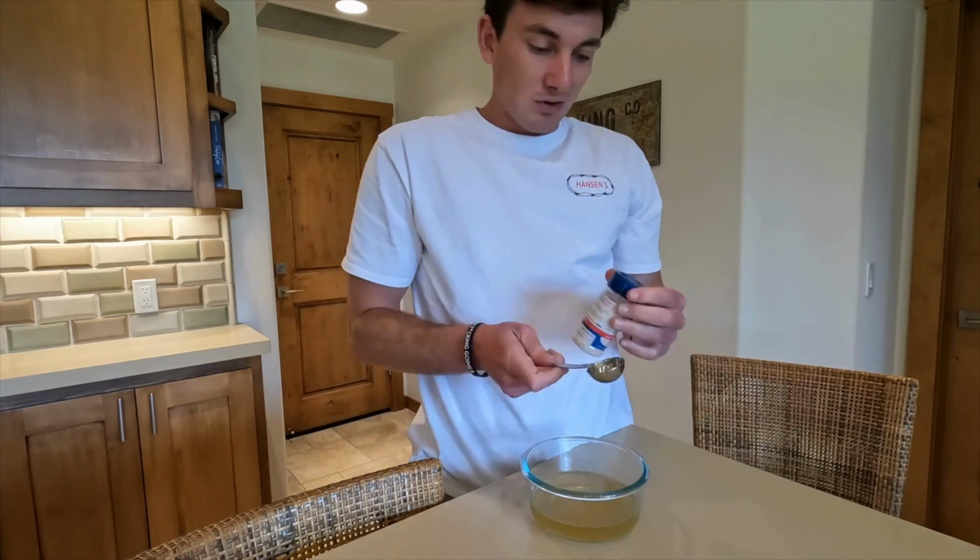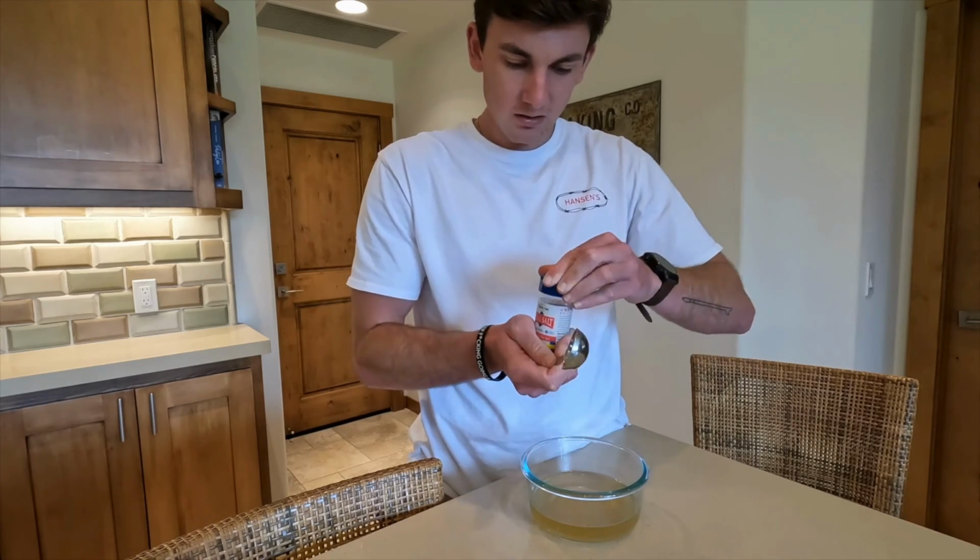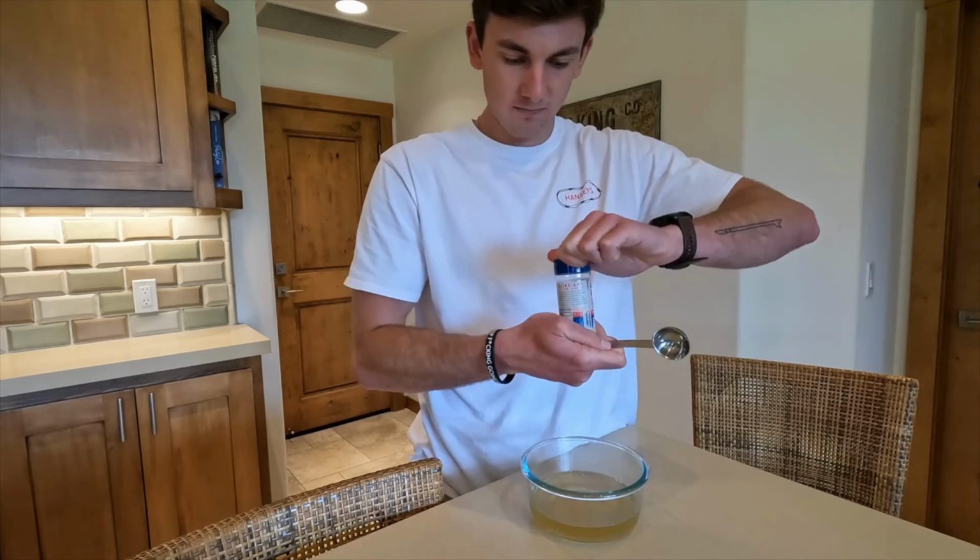All right, next is going to be 1 tablespoon of salt. Any type of salt will do. This is Himalayan pink salt. So let me put it on the...